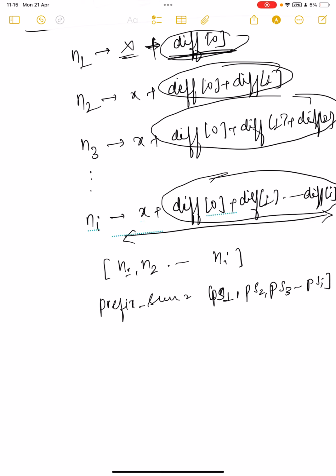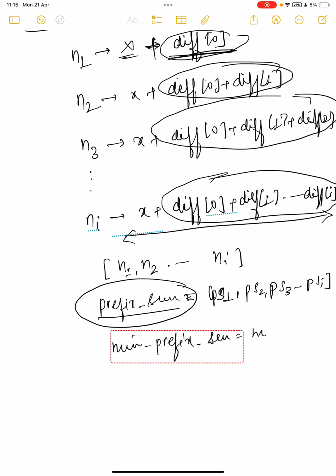Now if in this we find the minimum of prefix sum, the minimum value in this,